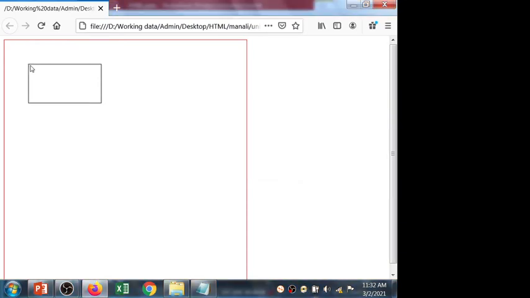So this is the 150 pixels, and the last is 80 pixels down. Left, top, right and bottom.